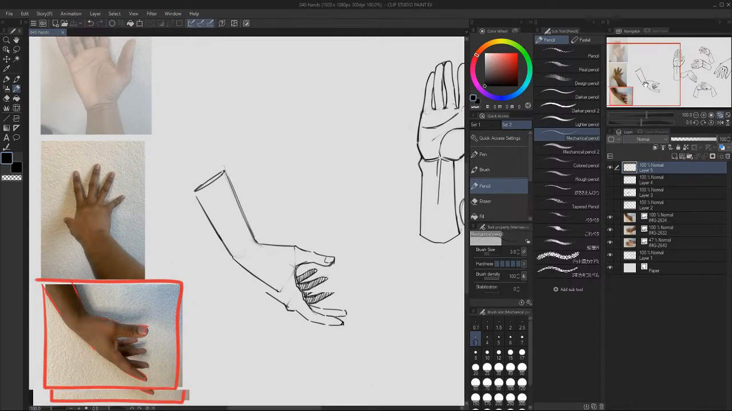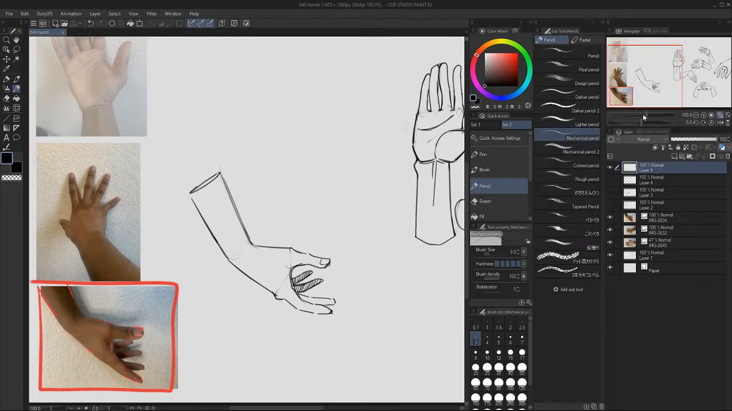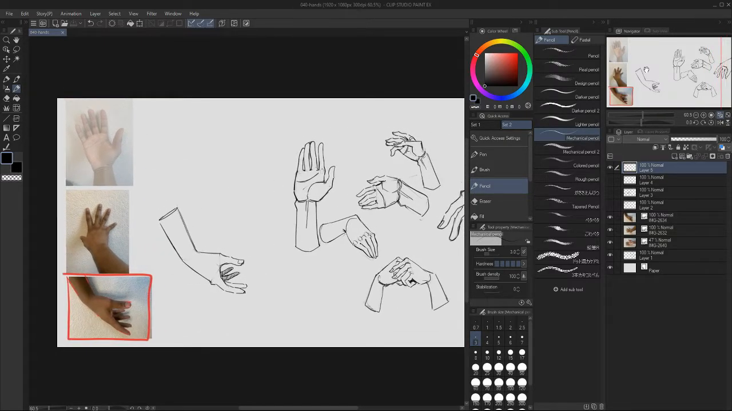Cool. So that's it for this tutorial. Hopefully I helped you out, helped you better understand how to draw hands. Definitely one thing I want to get better at, especially hands in perspective. Perspective is always hard, but